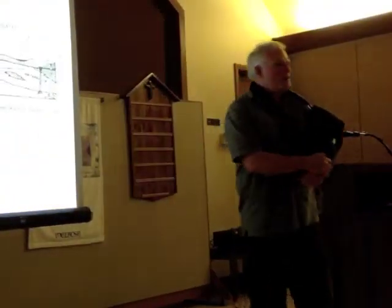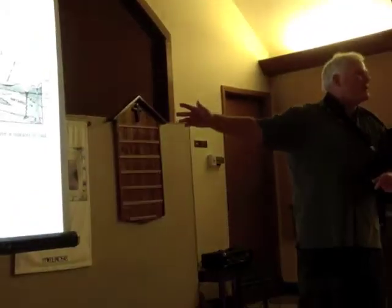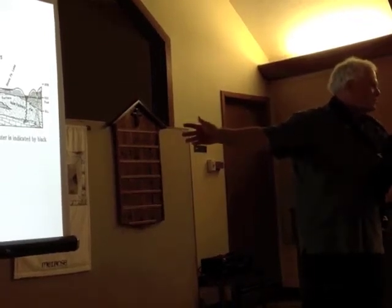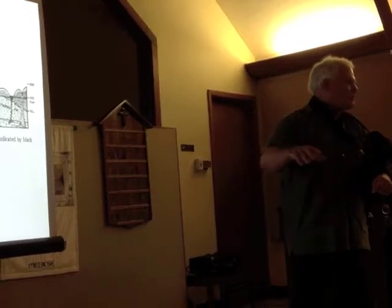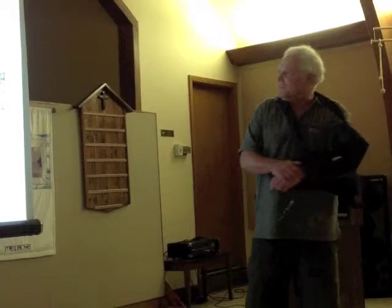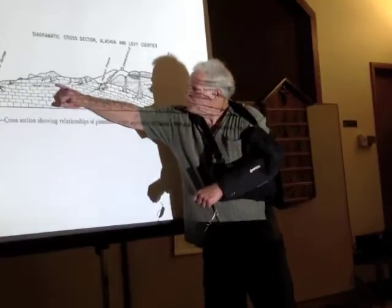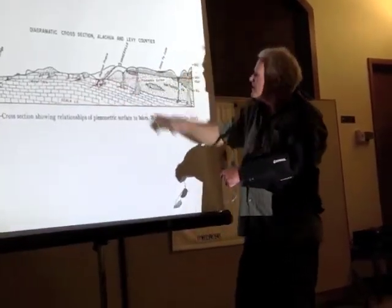But that water, nobody knows exactly where it's going, and I'm going to talk in a minute about the potentiometric surface, or the artesian surface, or if you go back even further, the piezometric surface. It's a really important thing for studying aquifers and where the water goes. But back to our diagram here. By the way, the potentiometric surface is running right along here. And what that is,